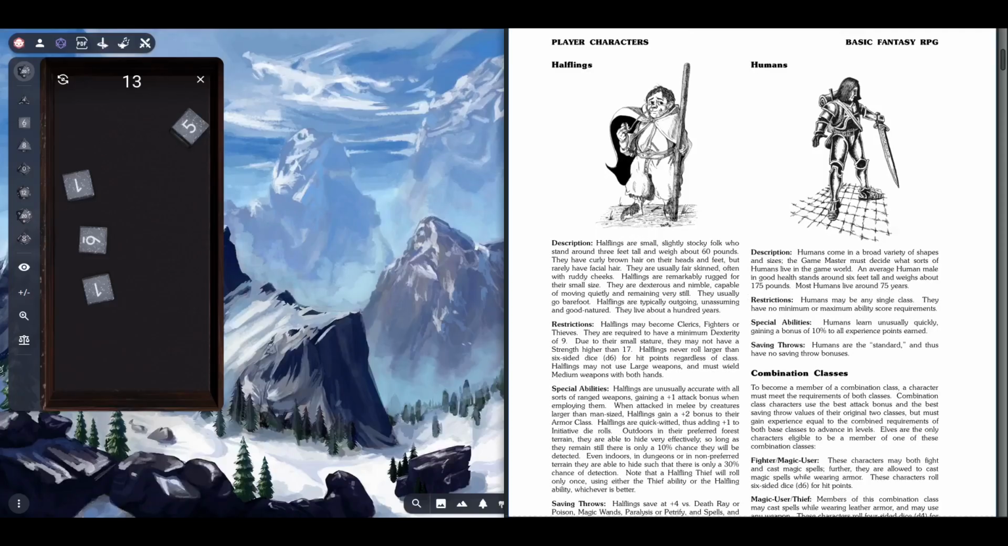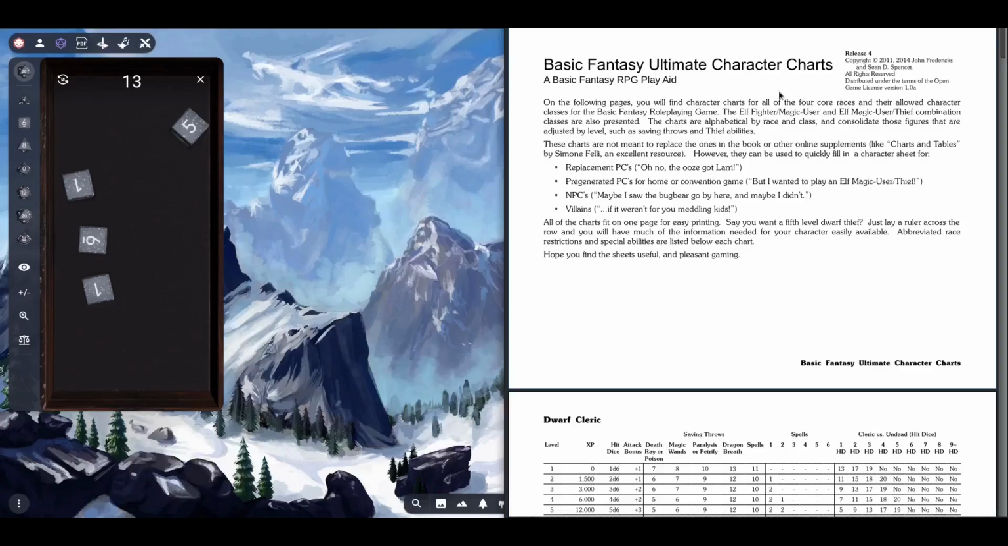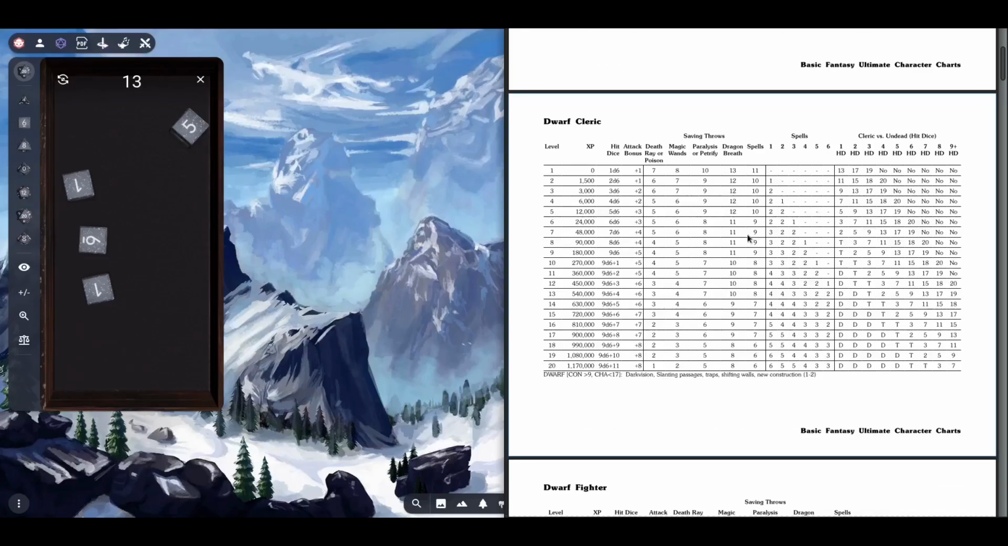So now this brings me into another document that's available at basicfantasy.org. It is the Ultimate Character Charts. This is an absolutely beautiful document. Great for starting characters, replacement characters, pre-gen characters, NPCs, which I'm doing today, villains. It's amazing. So what it is, it's all the information that's spread out throughout the first 5 chapters of the core rulebook, and they're put into charts for each race and class combination that could exist in the core rules